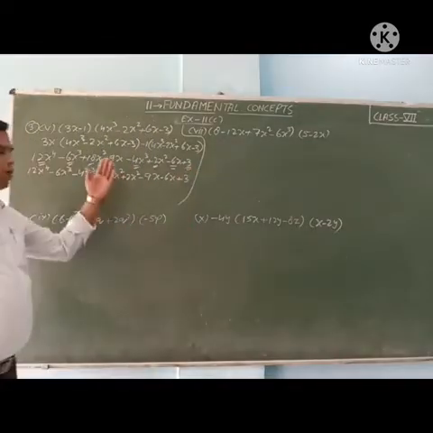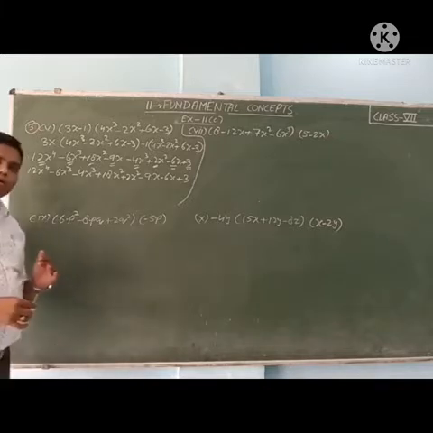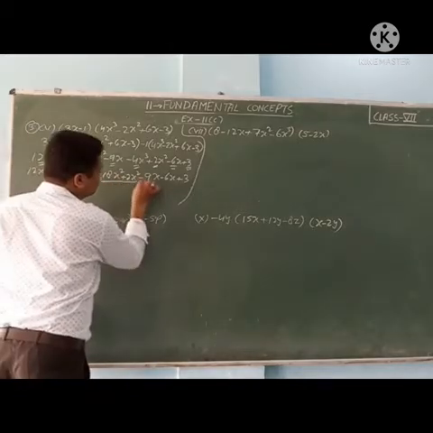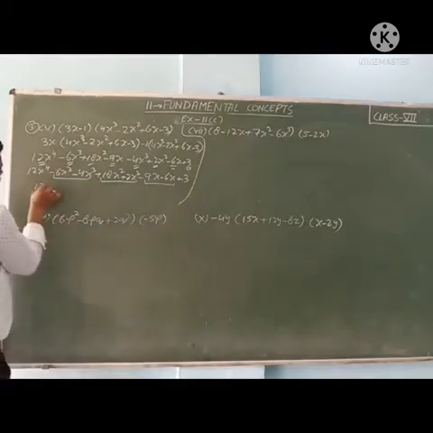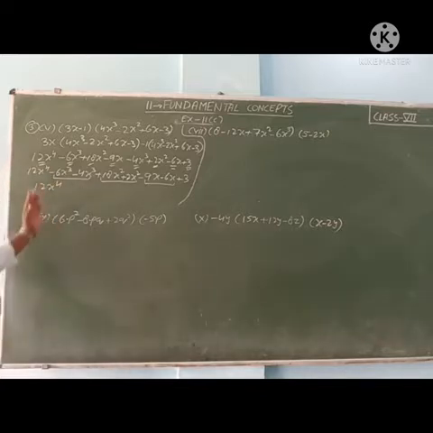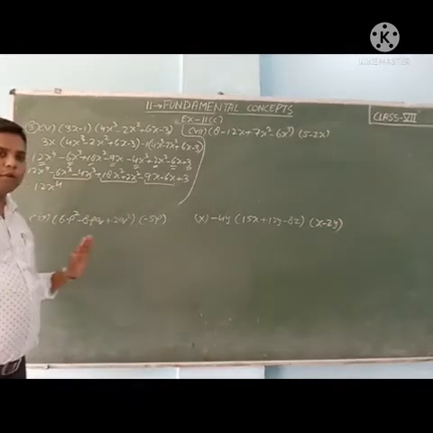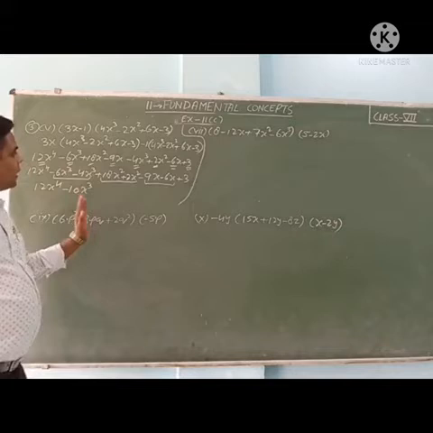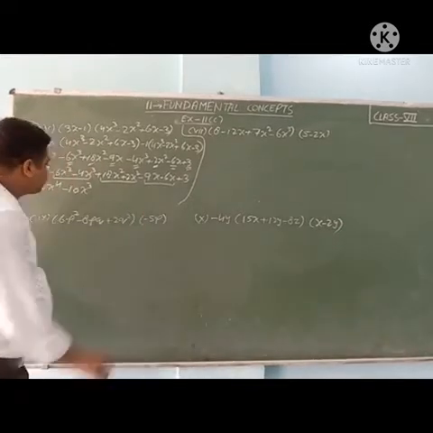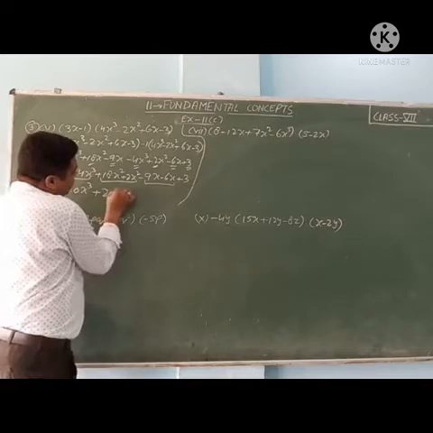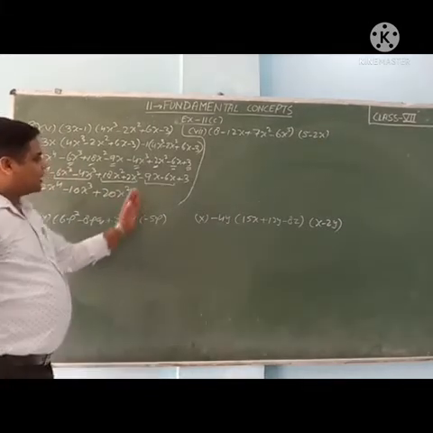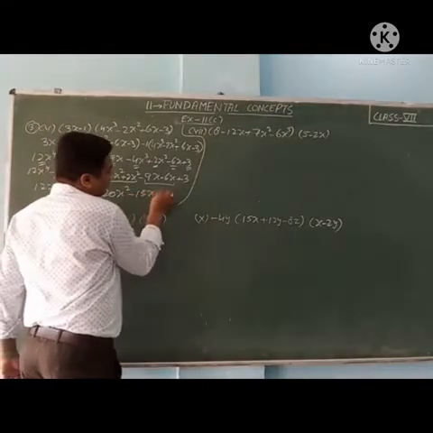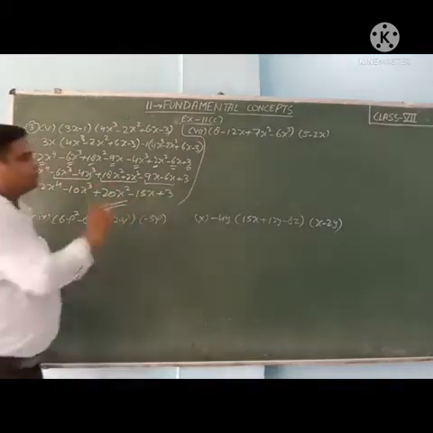So we have written all the terms. So now we will solve the group of like terms. One group is this, one group is this, one group is this. So 12x raised to the power 4 we will write as it is. Minus 6x cube minus 4x cube means minus 10x cube, plus 18x square plus 2x square means plus 20x square. Then minus 9x minus 6x means minus 15x. Then plus 3. So this is the answer.